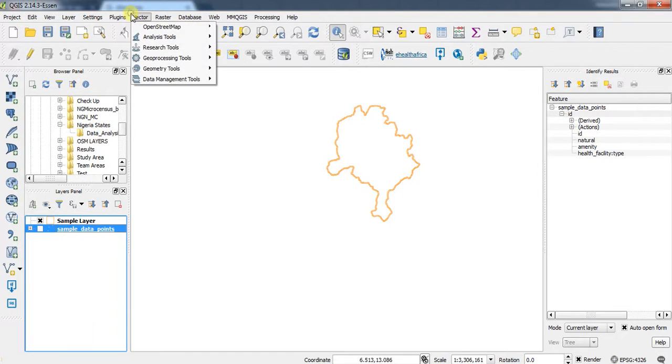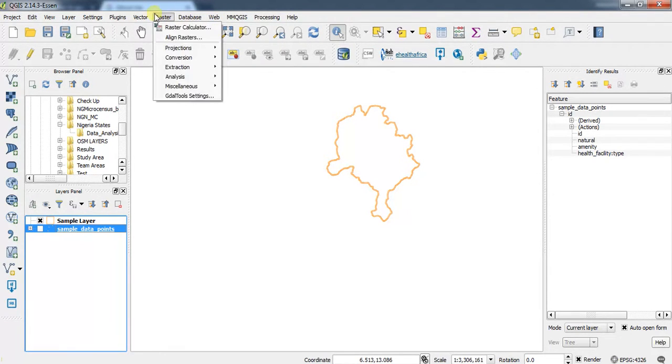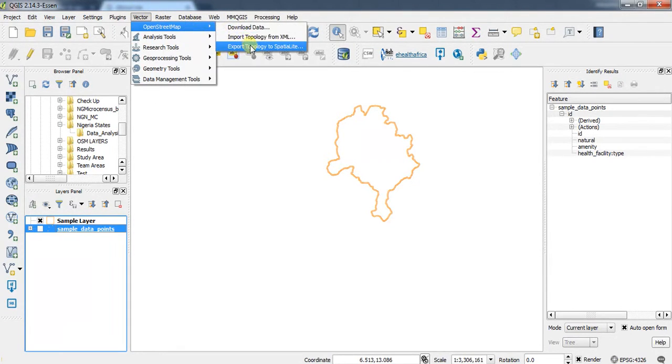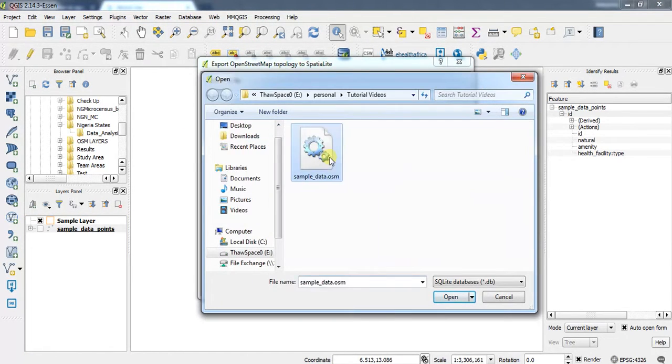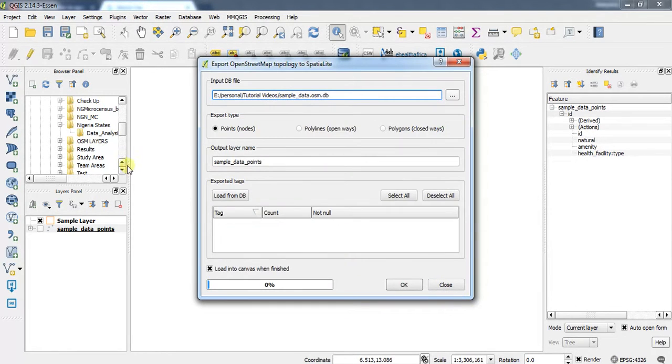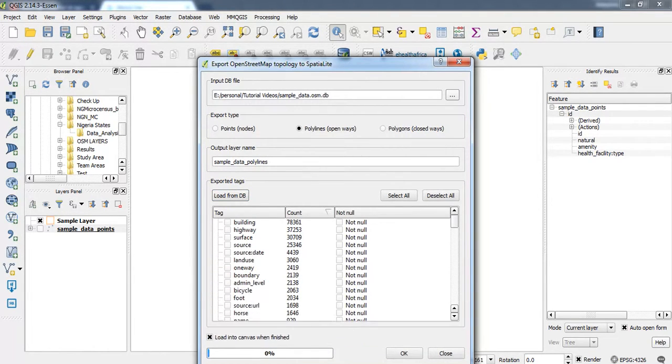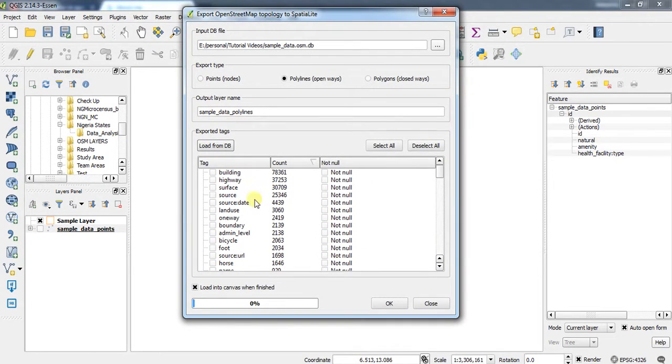From where we stopped, I spoke about the OpenStreetMap layer. You don't need to download data again. You just do your export topology from specialized data, push from here into our database file, then come to polylines. We have name here, running that fine. So let's say we're not getting buildings, we're getting highways, we're getting bicycle footpaths,